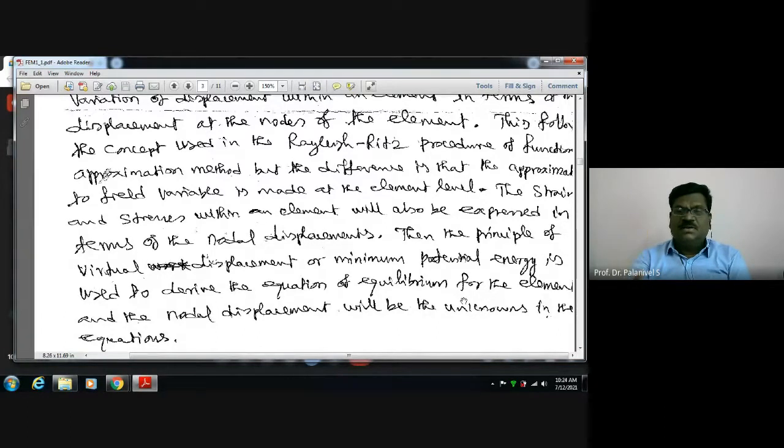Please, all of you recall your stiffness method of structural analysis, in matrix method of structural analysis. What did you do in the stiffness method? Your intention is to determine the kinematic indeterminacy. Suppose a beam is given, you find out the kinematic indeterminacy in it: how many unknown displacements and rotations are there. You computed that.